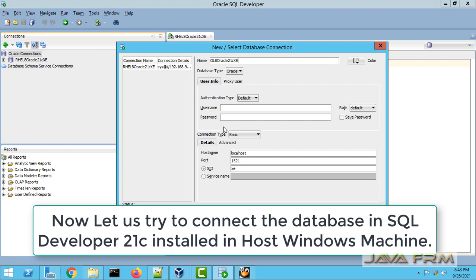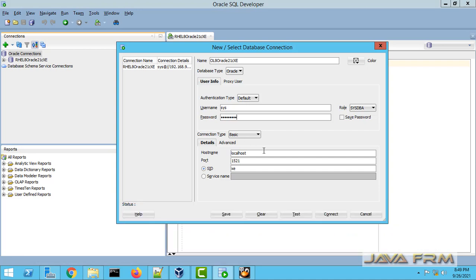Username sys, role sysdba. Select the role as sysdba, very important, and provide the DBA password. For hostname I am providing the static IP address which I have allocated to this machine, and SID will be XE. Okay, test. Yes, it's successful.